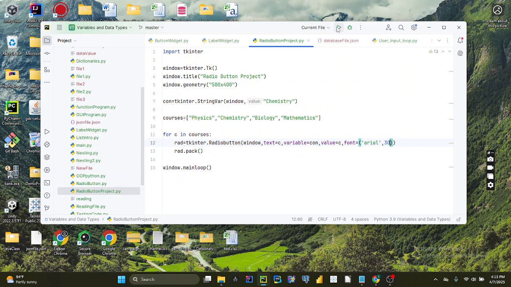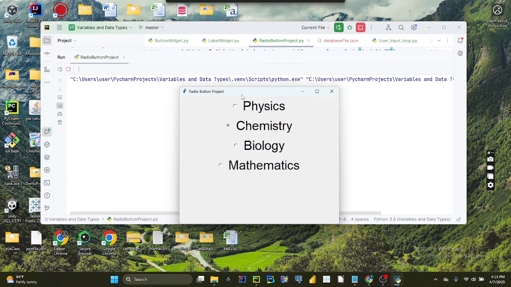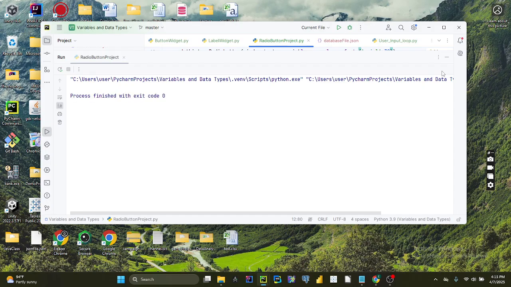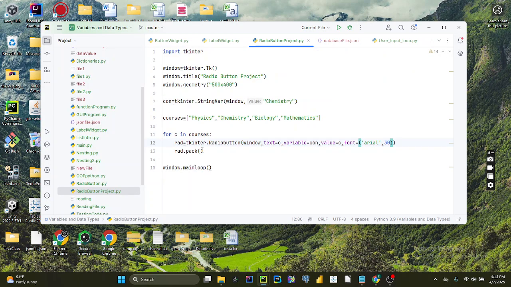All right. So you see that the chemistry radio button has been selected. Why? Because the values match. So that's how you can do that. Now, just in case you want to use another type of loop, maybe the while loop or something, you can